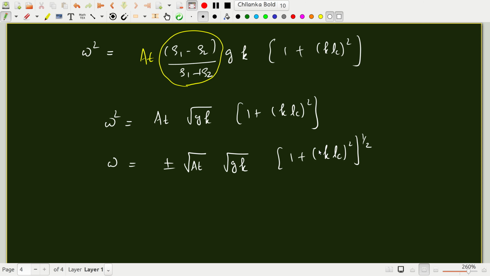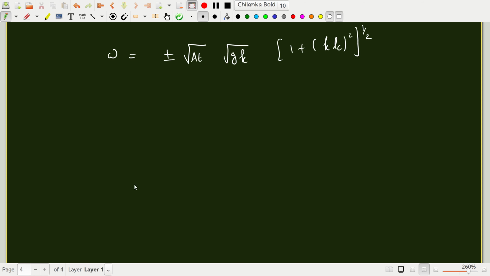Okay, so these are the stable oscillations that you will find in the absence of any viscosity. If you have a light fluid 2 over a heavy fluid 1, then if there are some disturbances, in the absence of viscosity, they'll keep oscillating. There is no damping of these fluctuations.